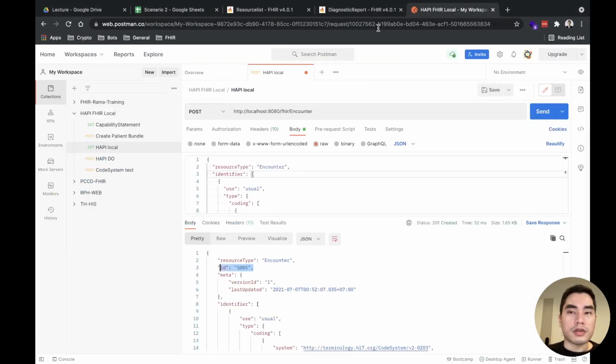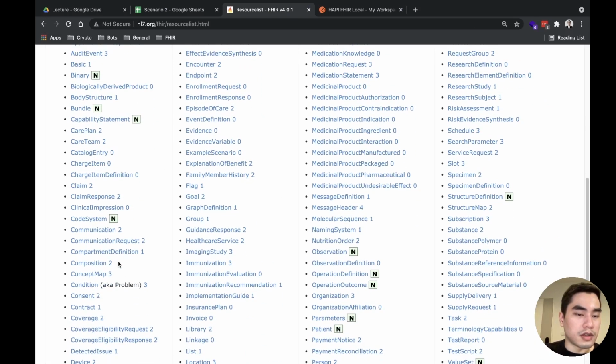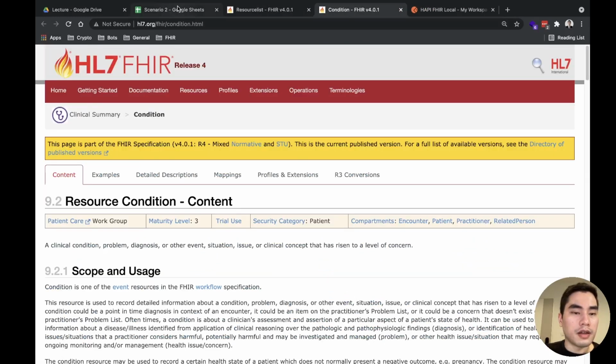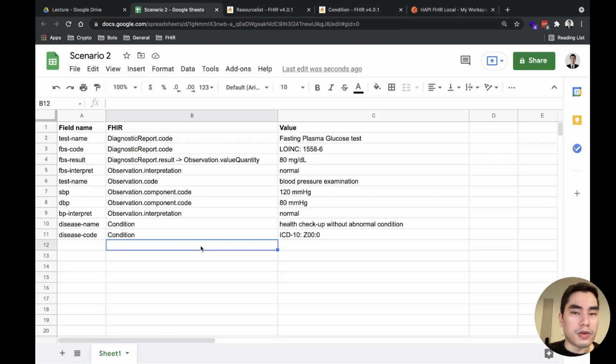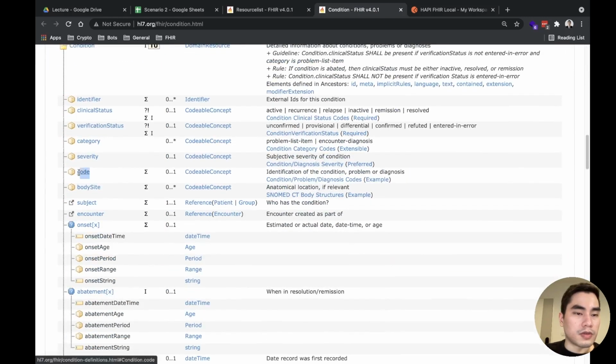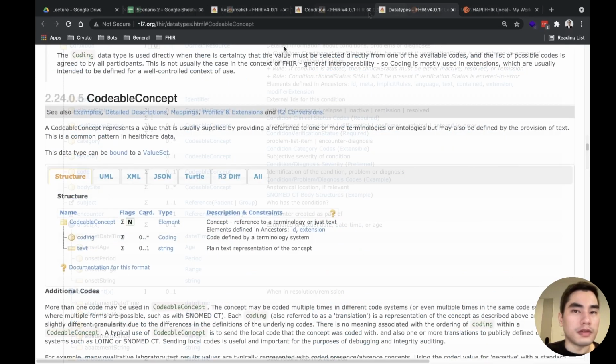Okay, so next is condition. Here there is a name and code, so you can use this one. The code, because inside the code there will be a name also.